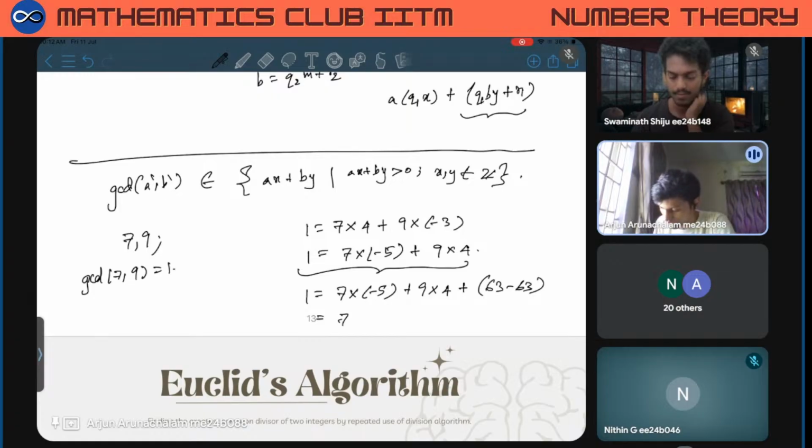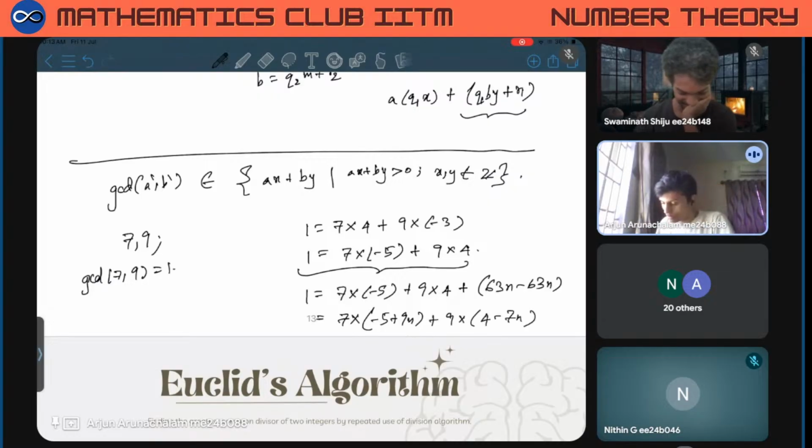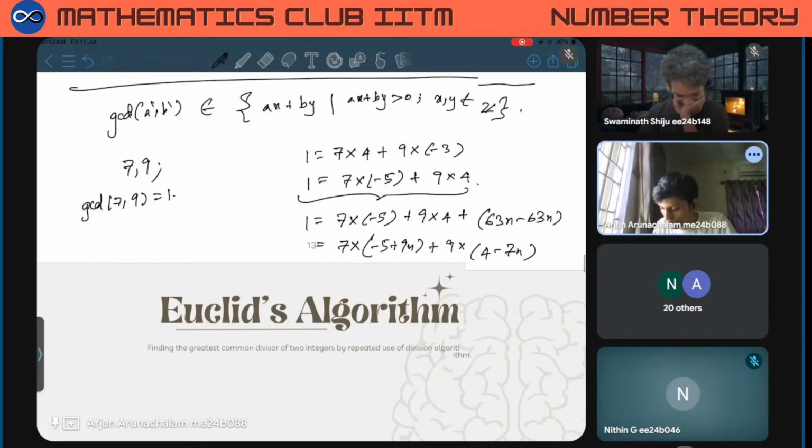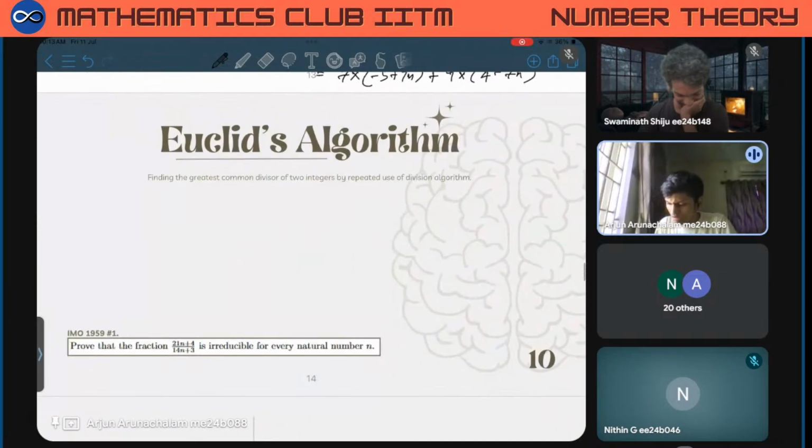You can just write 7 into minus 5 plus 9n plus 9 into 4 minus 7n, where n is a positive integer. So this is just a direct construction of the fact that there are infinitely many such possible representations of 1 as a linear combination of 7 and 9. Yeah. So now let's